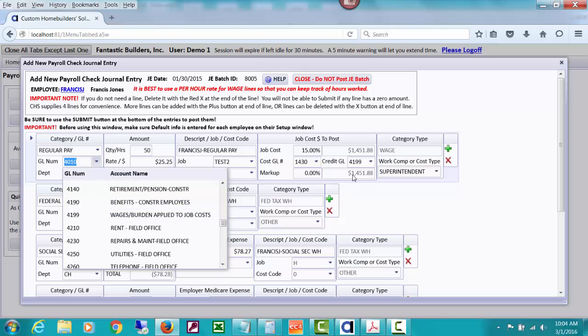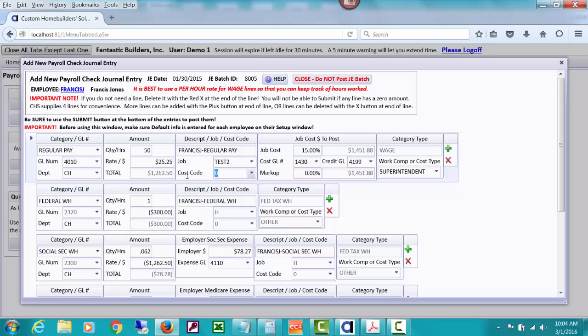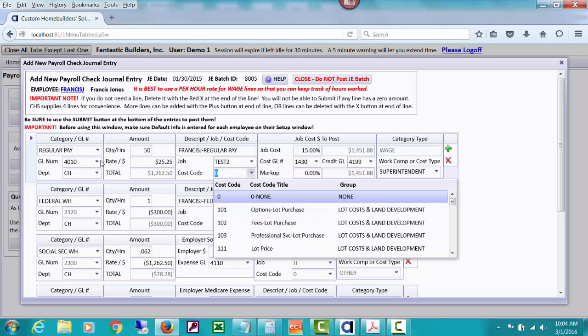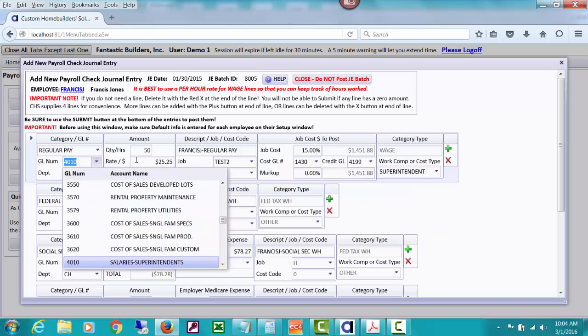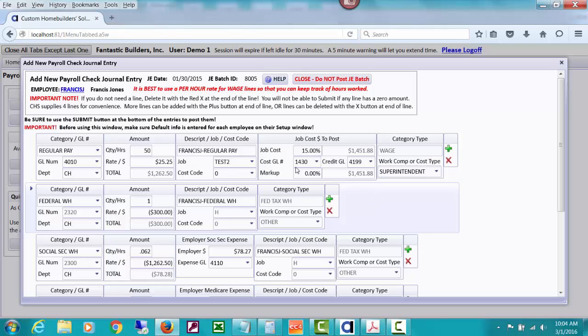So you'll have a credit of $1451.88 go into this account, and you'll have a debit of $1262.50 go into this account. So the difference between those two would be the net that you're ending up increasing your income statement, except that you will also have